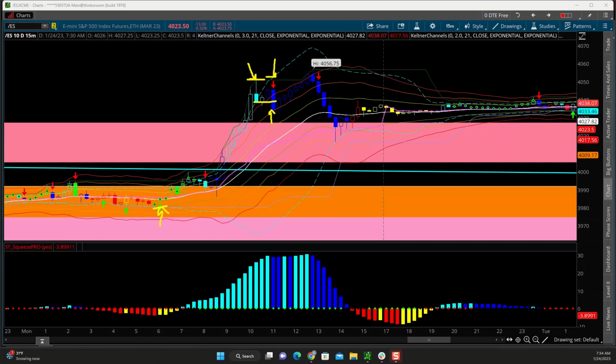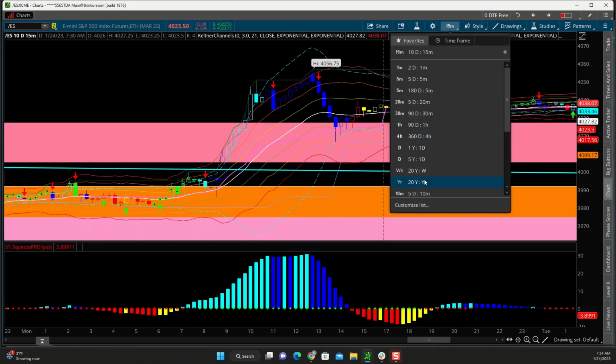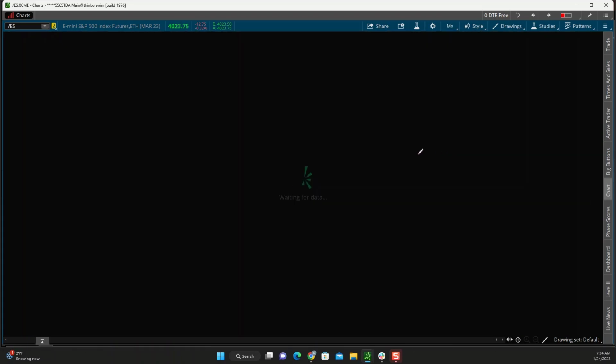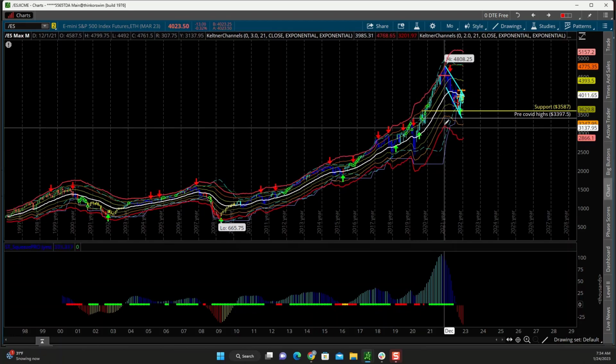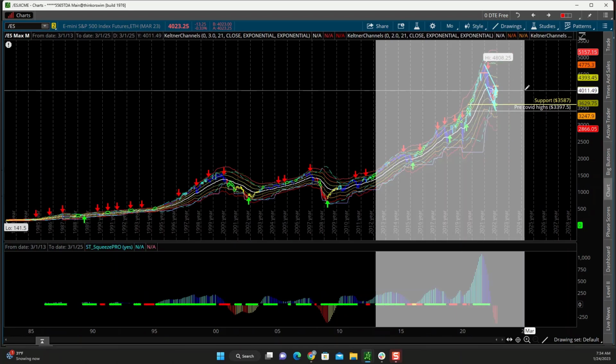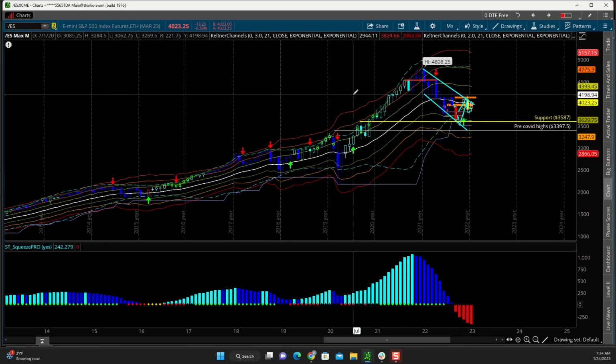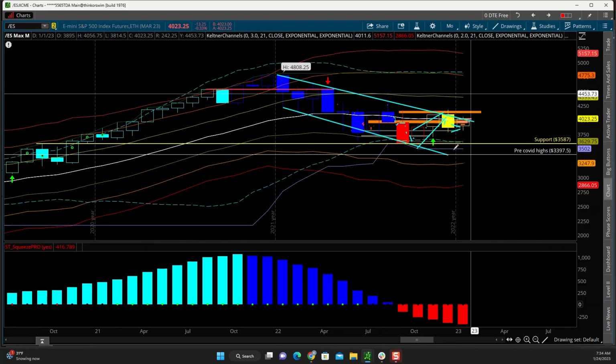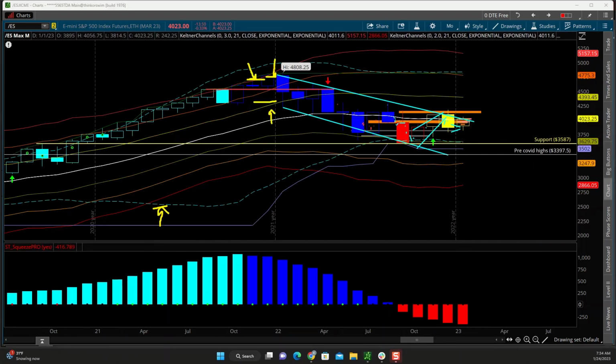All right, so I've been looking at this from a monthly perspective a long time ago. Granted, I do have a few lotto flies on, but that's a whole other story. But what I want to show you is the monthly chart, because these arrows are pretty good at pinpointing reversals, especially on a larger scale. Smaller time frames have a lot of noise, but I want to point this out right here. A while back, after we did that flush down below the weekly 200 SMA, which was this little support level, we got the quick flush lower, and then we printed a buy signal.